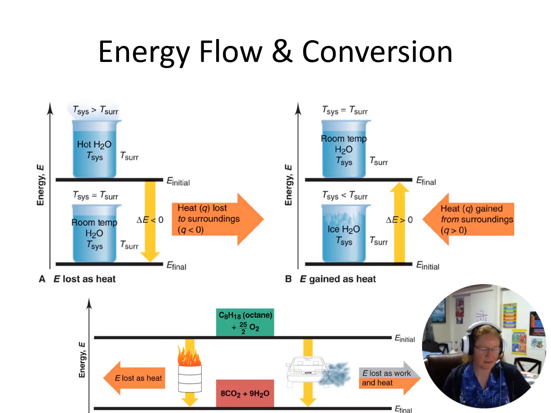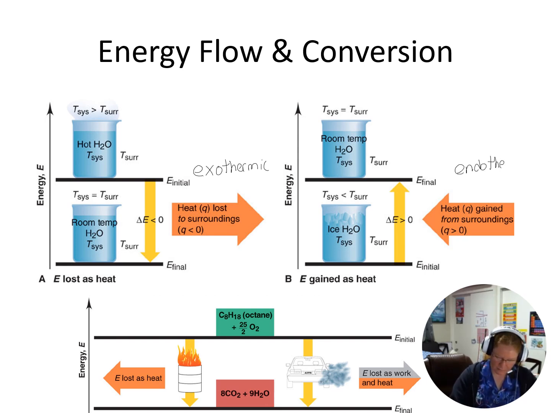Okay, now when we look at energy flow, we have what we call exothermic and endothermic reactions. And so if I'm giving off heat, it is exothermic. And if I'm gaining heat, it is endothermic. Okay, and so if my initial state is at a higher energy than my final state, I gave off energy, exothermic. If my initial state is at a lower energy state than my final energy state, then I gained energy